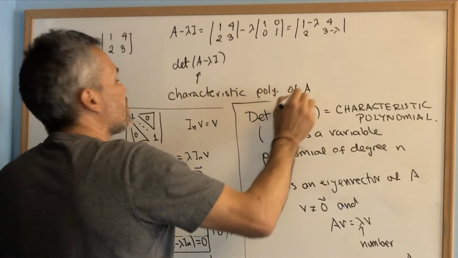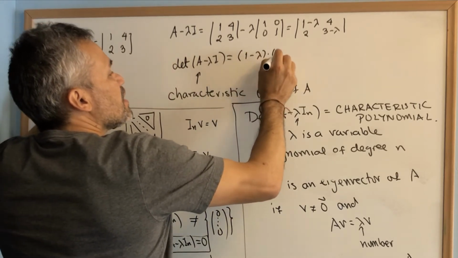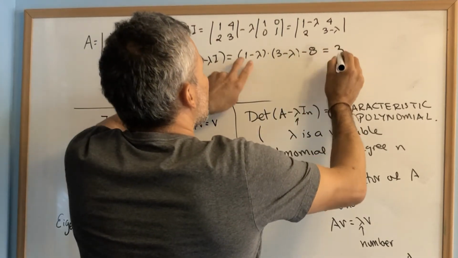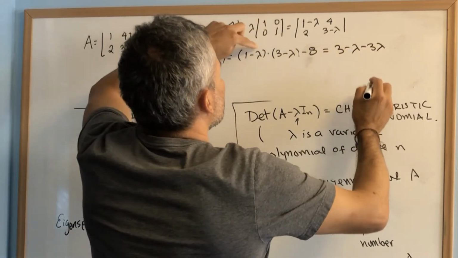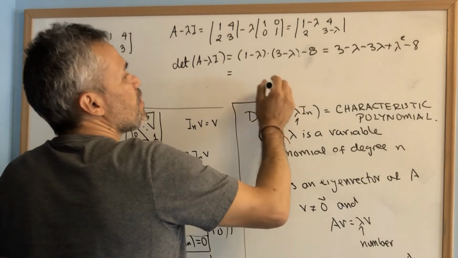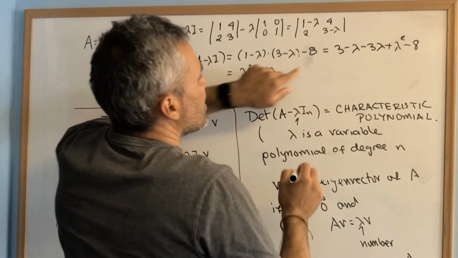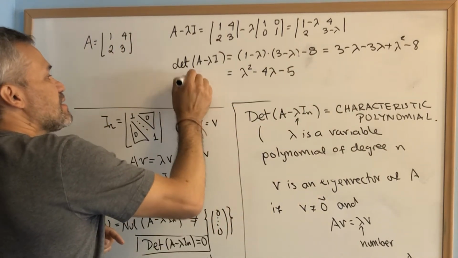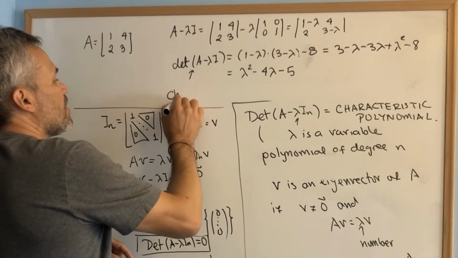characteristic polynomial of this matrix A, is going to be equal to 1 minus lambda times 3 minus lambda minus 8, which is 3 minus lambda minus 3 lambda plus lambda square minus 8. Then this is equal to lambda square minus 4 lambda, and here we have 3 minus 8 is negative 5. Remember that this polynomial that we are computing is called the characteristic polynomial